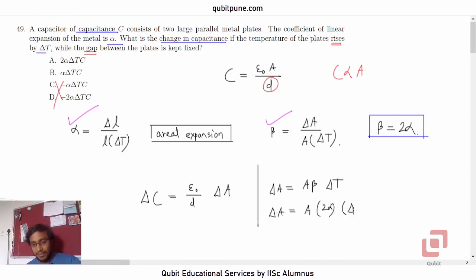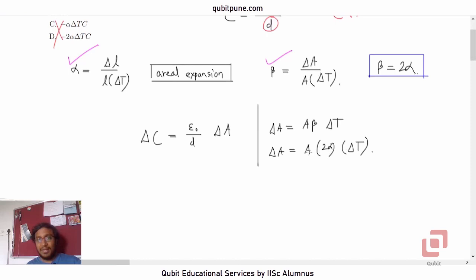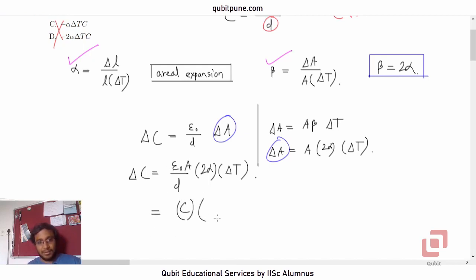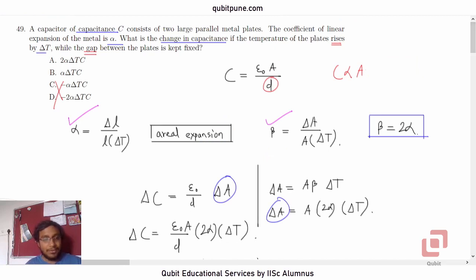Once we get it, our job is done. Delta A is A 2 alpha delta T. So let us substitute it here: epsilon naught by D into delta A, so it will be A 2 alpha delta T. But what is epsilon naught A by D? That is the original capacitance, so C 2 alpha delta T will be the change. Only in option A do we have that, 2 alpha delta T C, or C 2 alpha delta T. So the correct option is